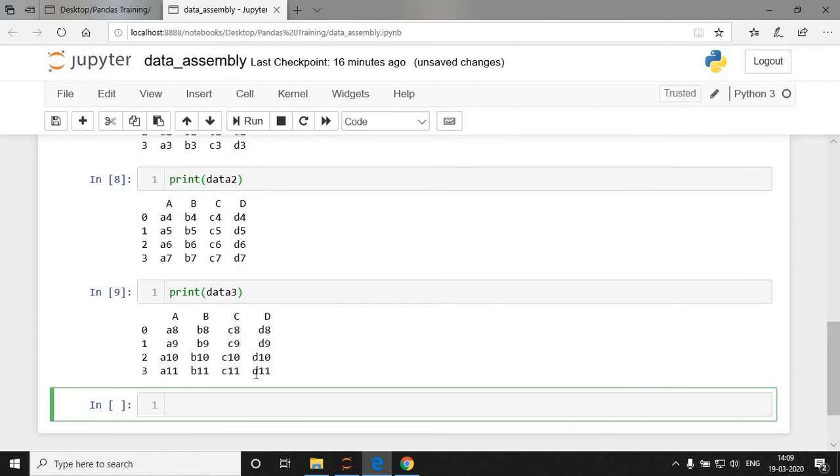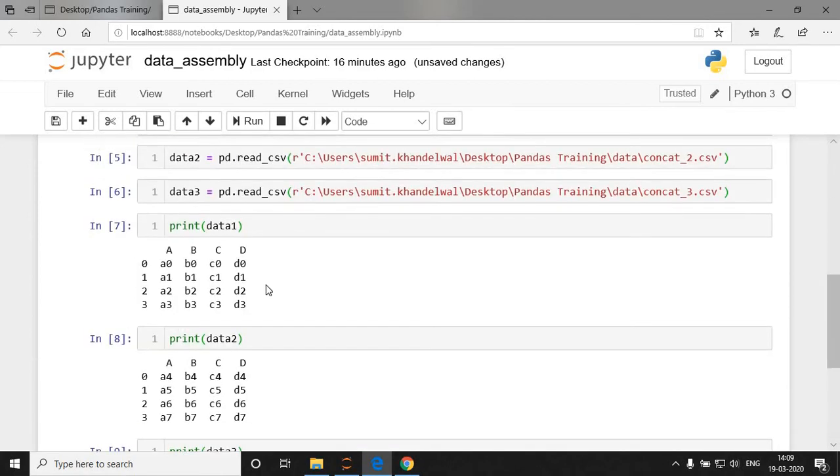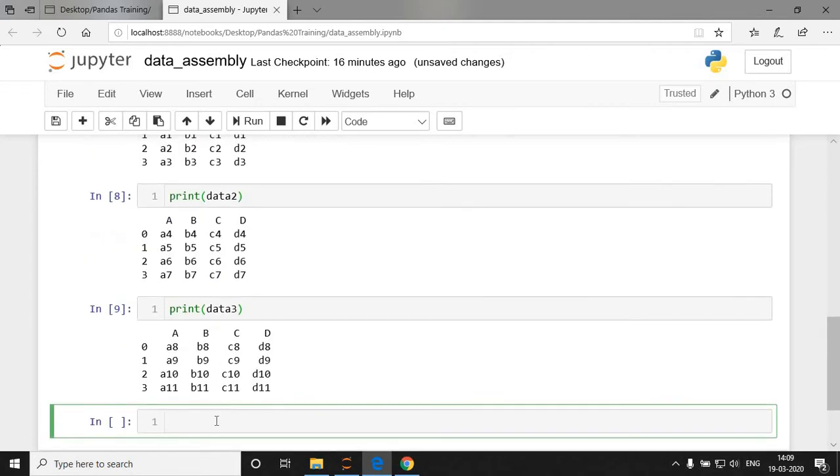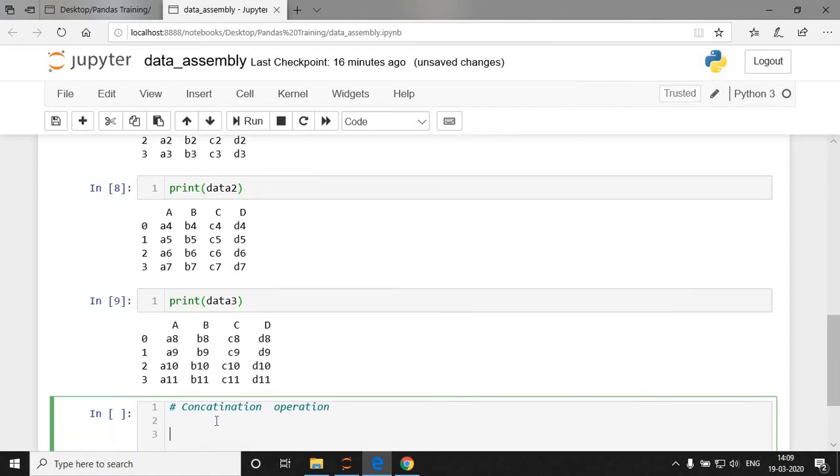Okay, so it looks like this. Now what we do, we are going to perform concatenation operation. So here I write concatenation operation. Now what I do, here I am going to consider variable name row concat,